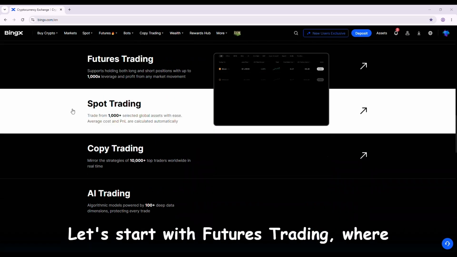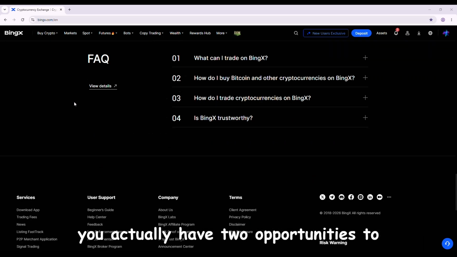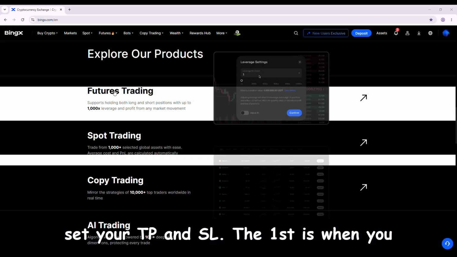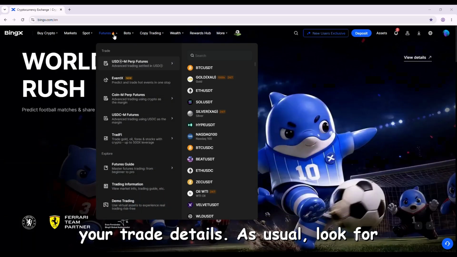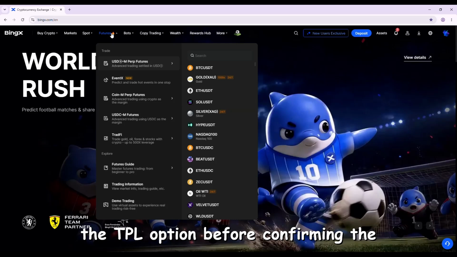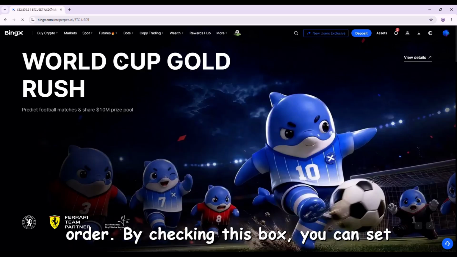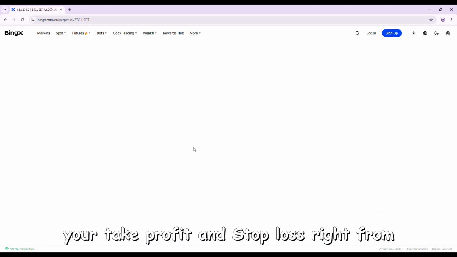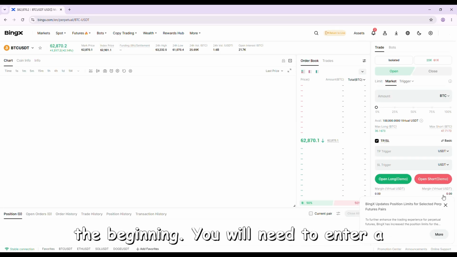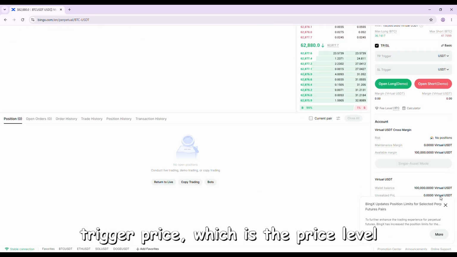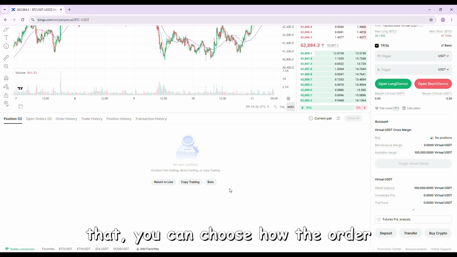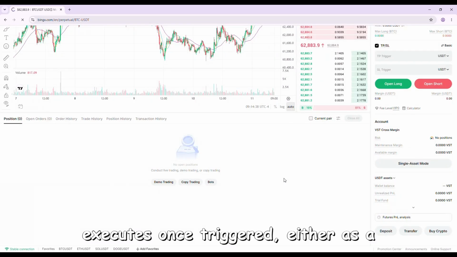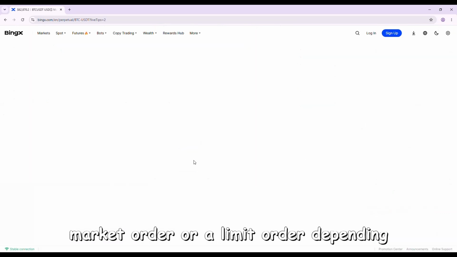Let's start with futures trading, where you actually have two opportunities to set your TP and SL. The first is when you are opening a new position. After entering your trade details as usual, look for the TP/SL option before confirming the order. By checking this box, you can set your take profit and stop loss right from the beginning. You will need to enter a trigger price, which is the price level where your TP or SL will activate. After that, you can choose how the order executes once triggered, either as a market order or a limit order,